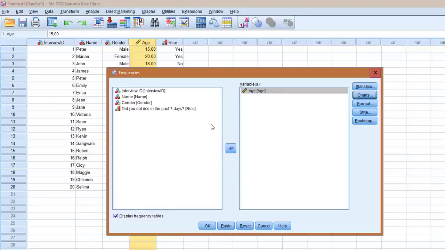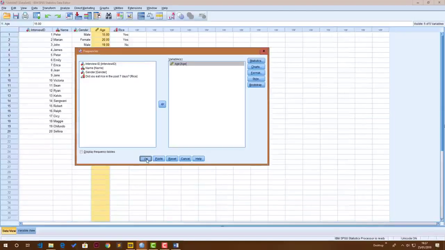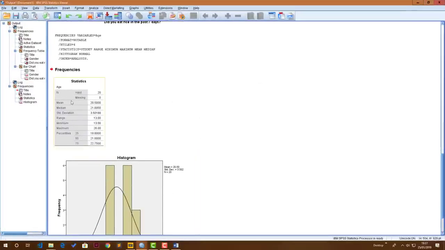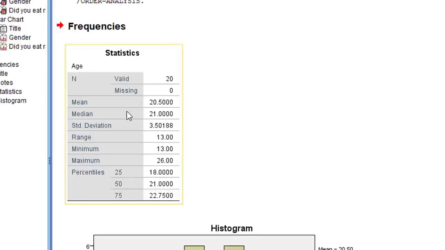So the table, which shows all the values and how many people there are on each of the values, is not going to work very well. So turn off this, and you click OK, and now you'll see that we have a table of statistics, which show us that the average age is 20 years old, but the median age is 21, which is quite close. The standard deviation for age is 3.5,